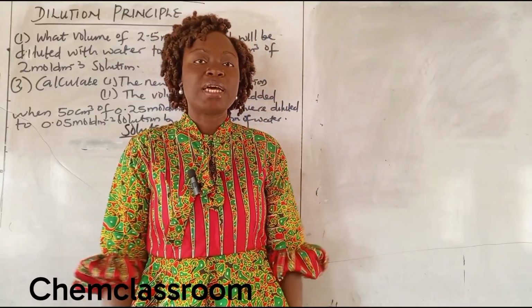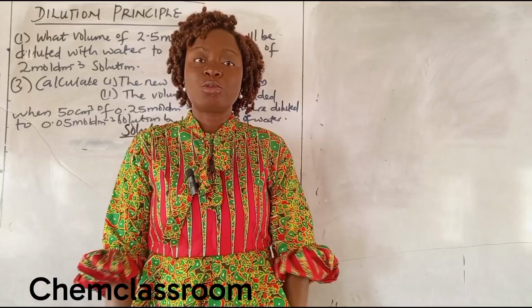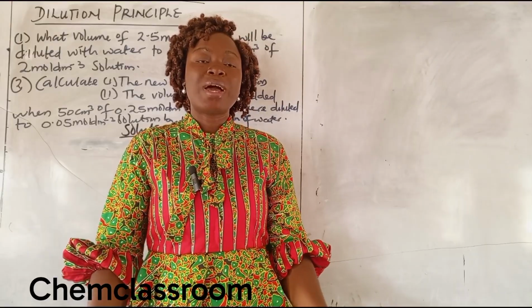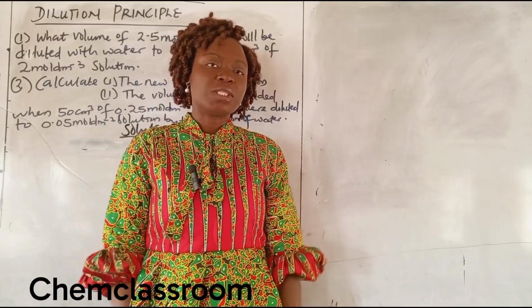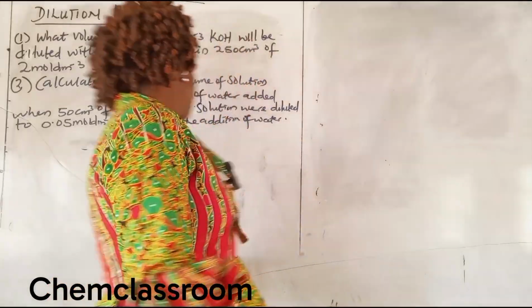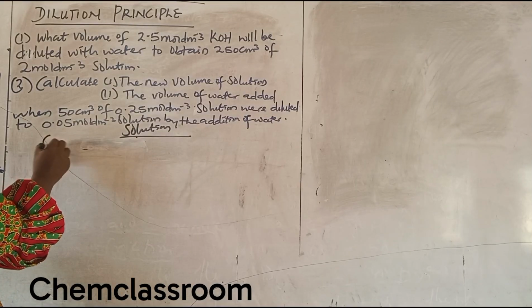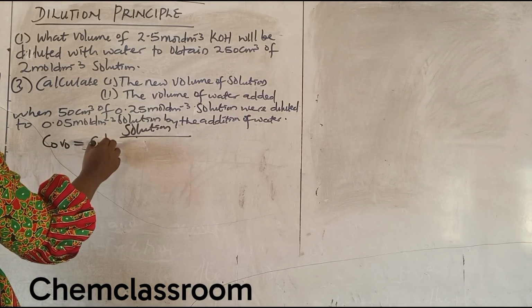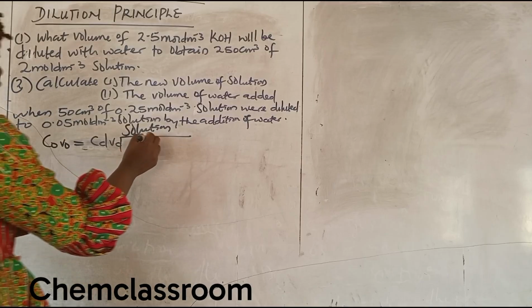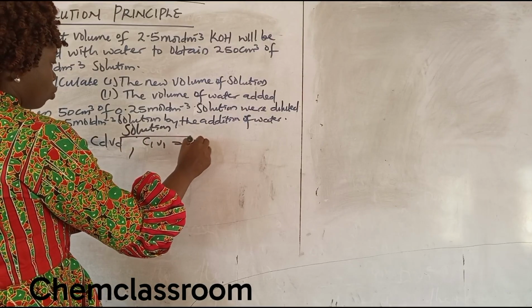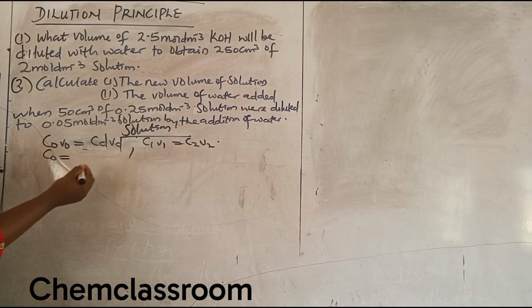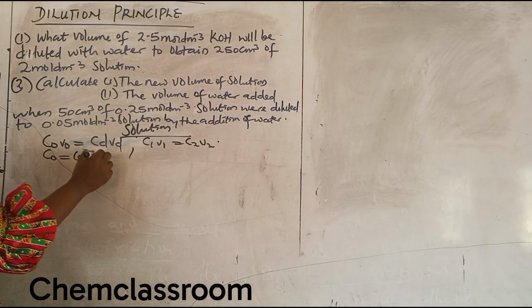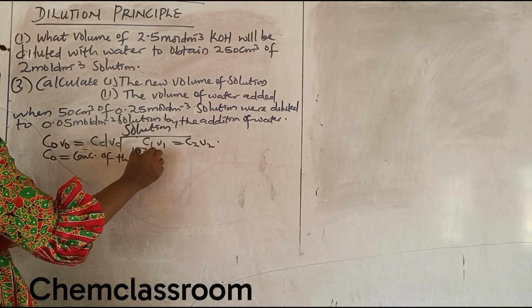So today we'll be doing something under the dilution principle, and this has to do with lowering the concentration of certain solutions when they are diluted, especially with water. So we'll be using this formula: CoVo equals CdVd, and you can also write C1V1 equals C2V2. Now the Co is the concentration of the original, or the initial concentration of the original solution,